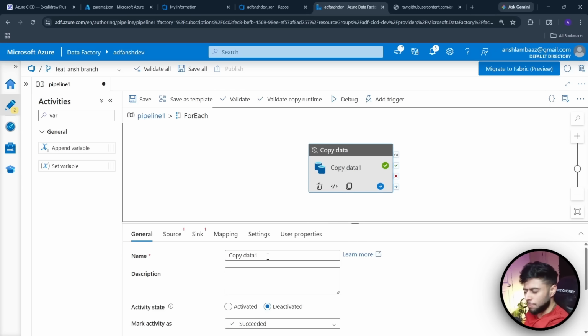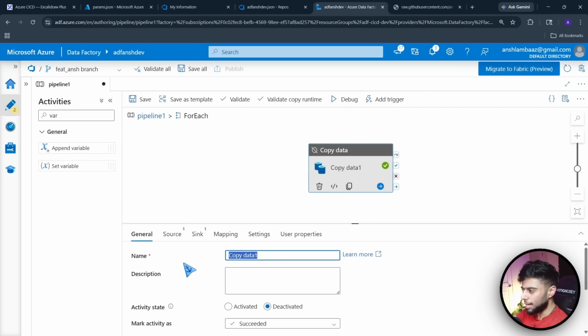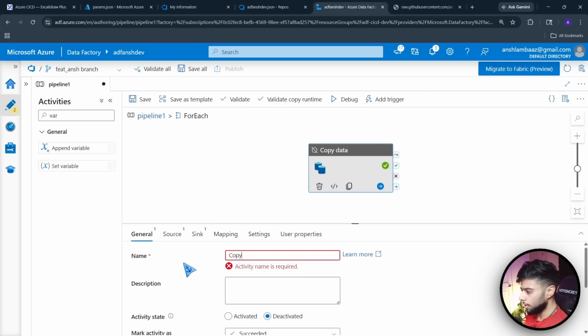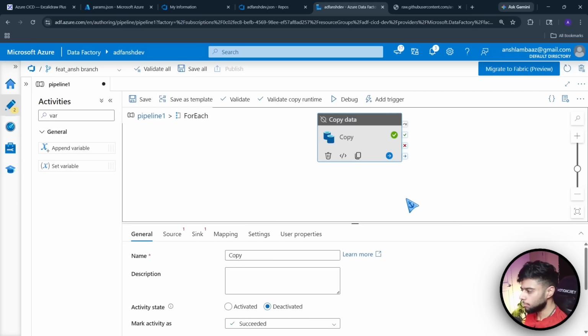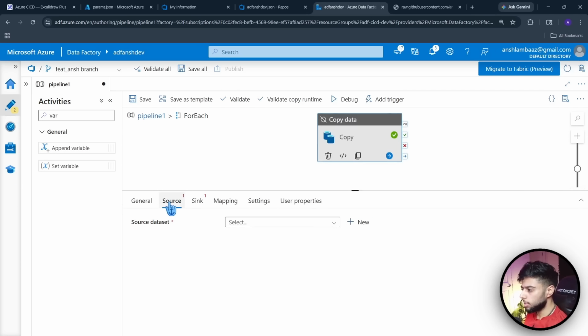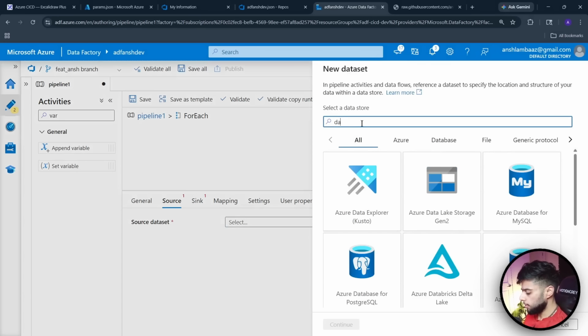By the way, these are very basic things that we are just covering in ADF to create the pipeline, and let's finish it quickly because we need to focus more on CI/CD. So let's go to source and source dataset. Let's create a new one, and let's say